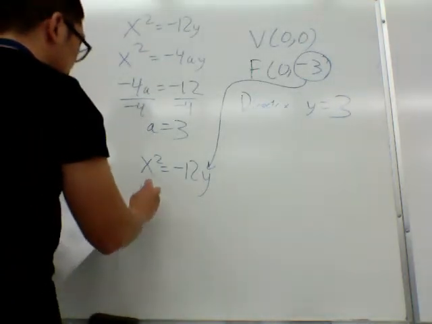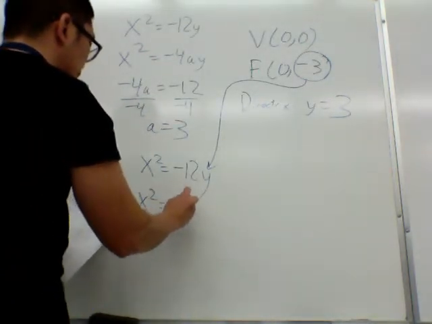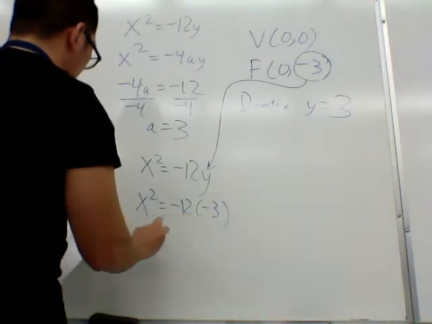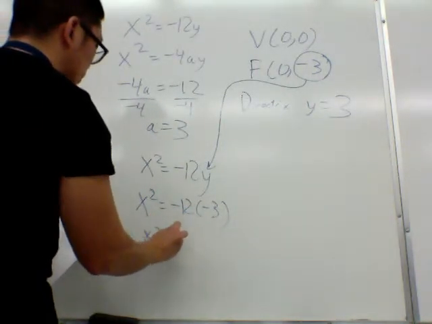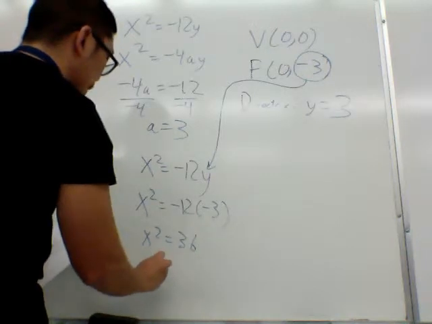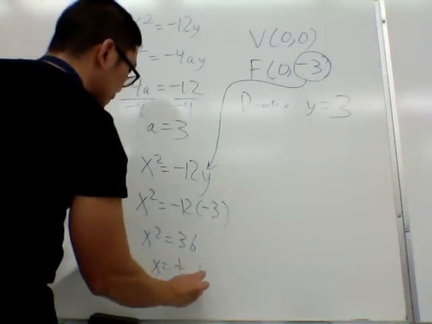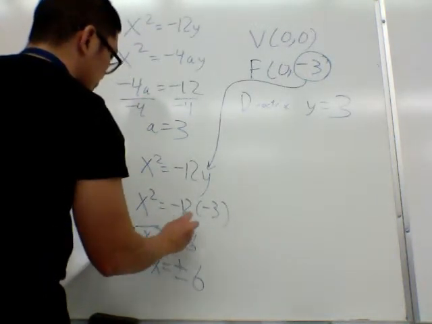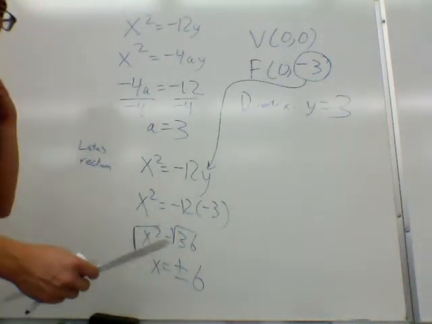So this becomes x squared is equal to negative 12 times negative 3. And so this is x squared is equal to 36. So x is equal to plus or minus 6, since we square root both sides. So if we graph it,